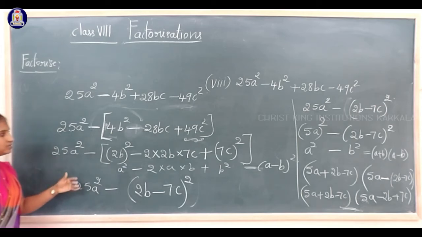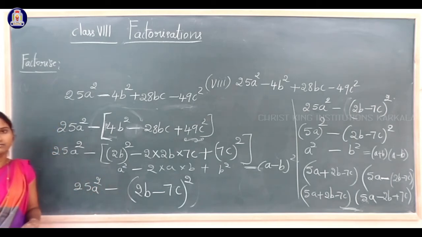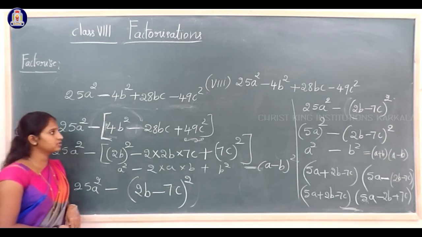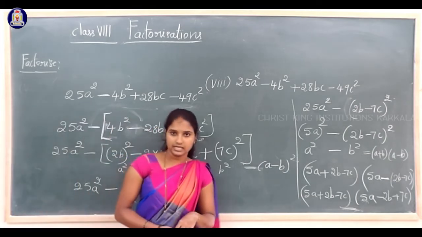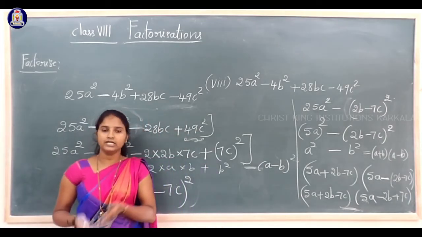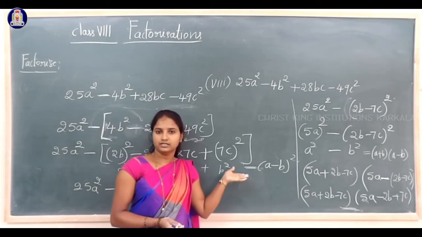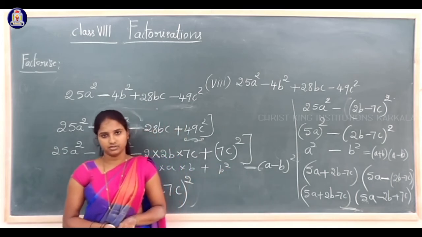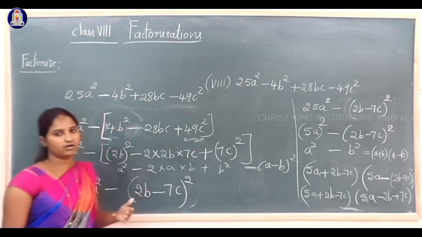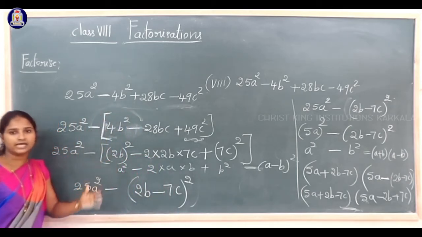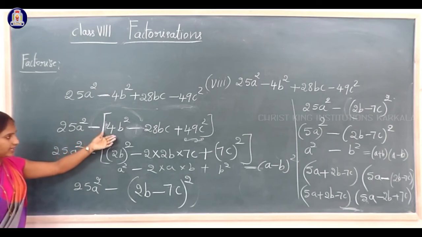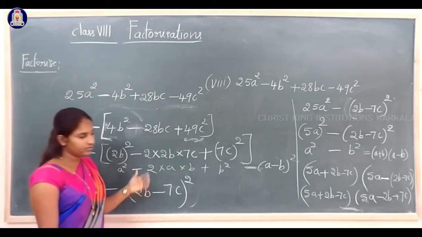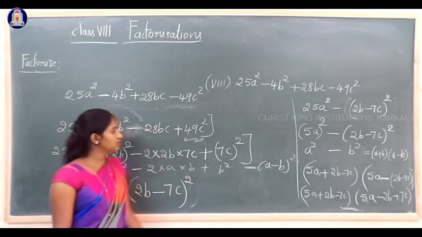So these are the factors of the given algebraic expression. This is the procedure of how to factorize the given expression. Some expressions we can factorize by taking the common factor outside and writing the remaining factors inside the bracket. Then we write the factors of the algebraic expression. Some expressions we cannot take a common factor from. In that case you have to factorize by using an identity. You can use any identity. Here, see.